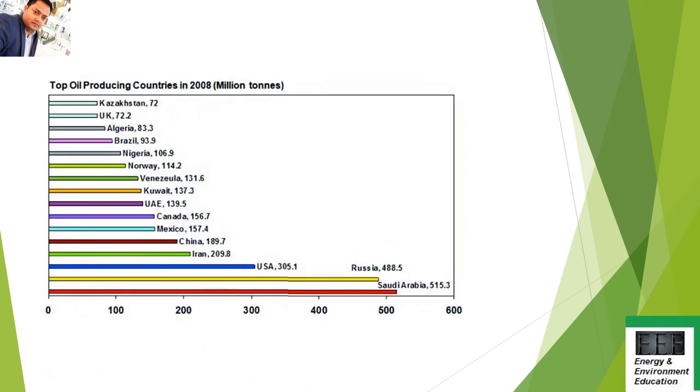And the same way with the oil producing countries. You see Saudi Arabia has the maximum, then Russia, then USA, then Iran, China, likewise. So if they ask which is the top oil producing country in the world, Saudi Arabia will be your answer, whatever may be the current position. This is the answer that is highlighted in the chapter, so that only should be answered by you also, friends.